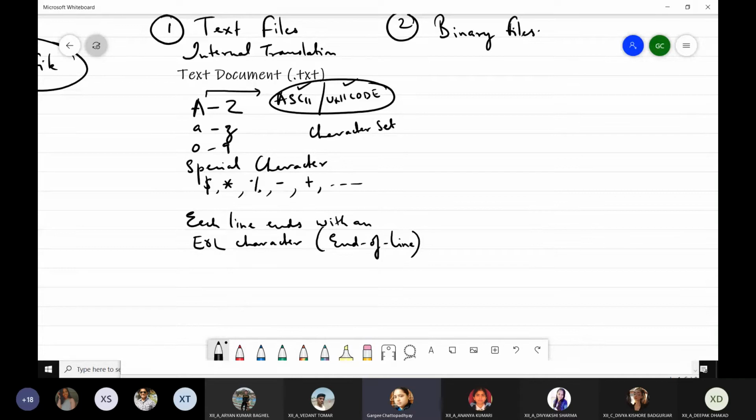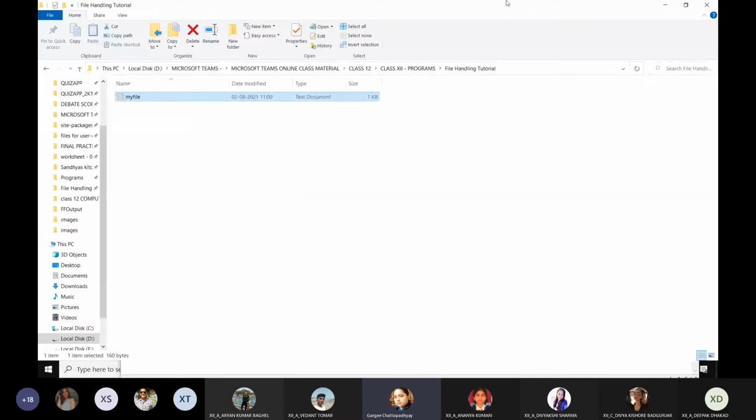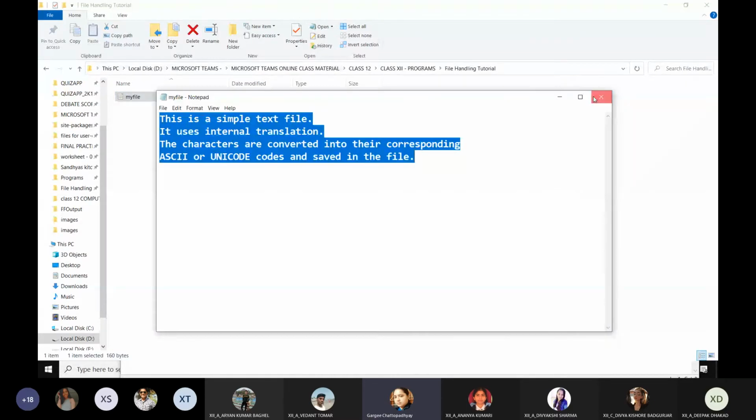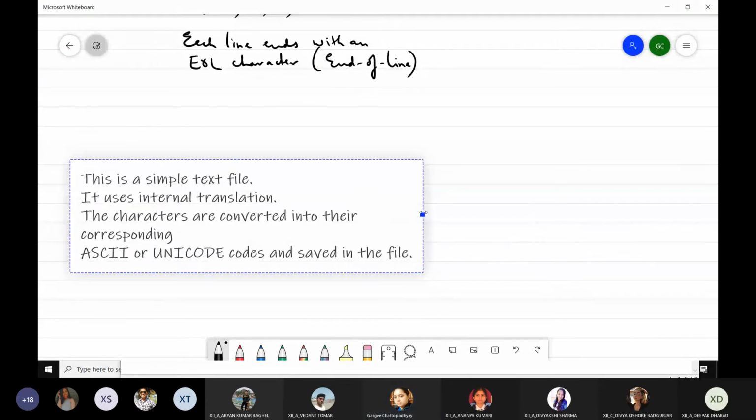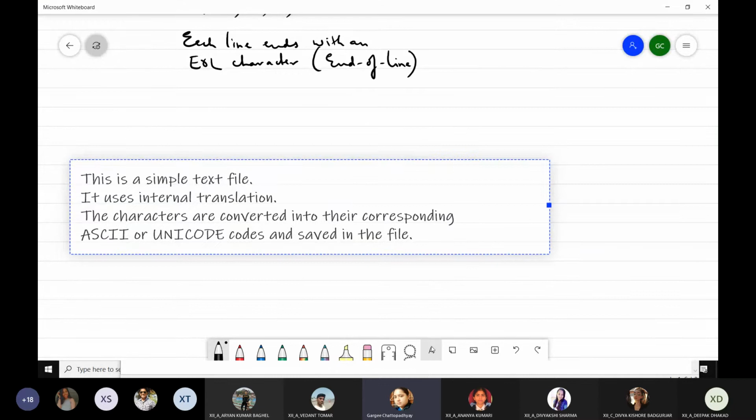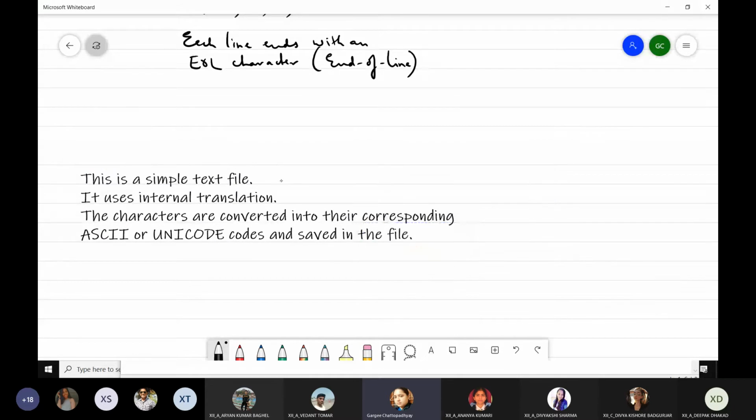That is, a new line character will be there after each line. So here, if I double click it, copy all its content back to my whiteboard, and I'm pasting it here. You will be able to see over here that there is an end of line, that is a new line character, after each line. Understood that? This is your EOL character, that is end of line character.